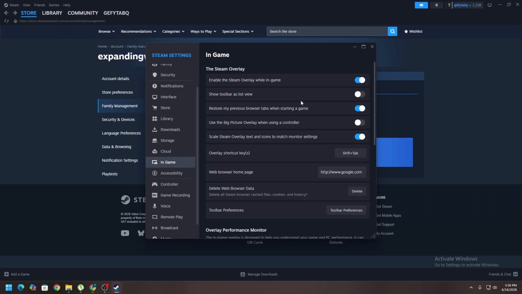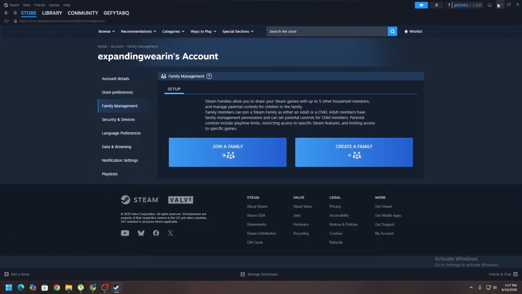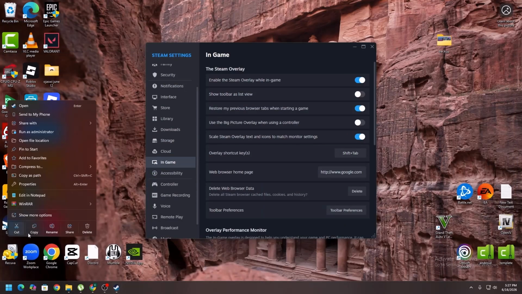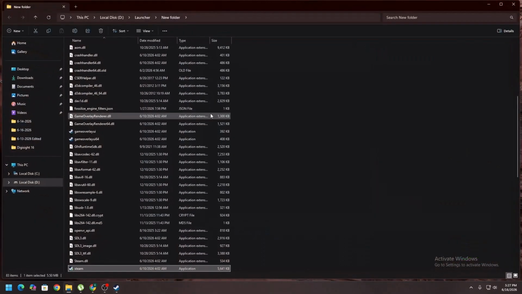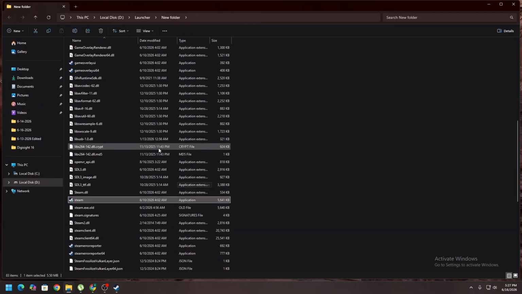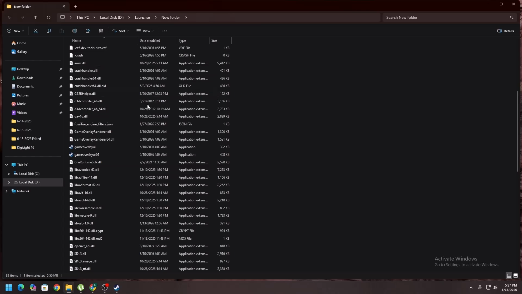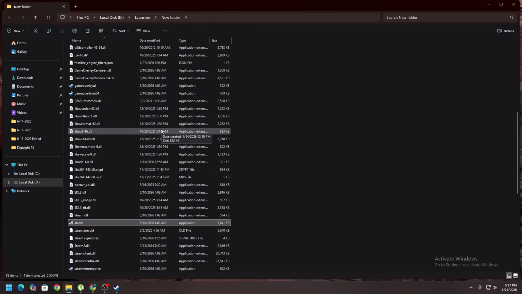However, if it still doesn't fix your problem, then what you want to do is simply go ahead and find the screenshots.vdf file in your installation window. So wherever you've installed Steam, you can simply right click on Steam, click on show more options, and then you can simply click on open file location. That is going to take you to the downloaded and installed folder, where you want to simply go ahead and search for this little